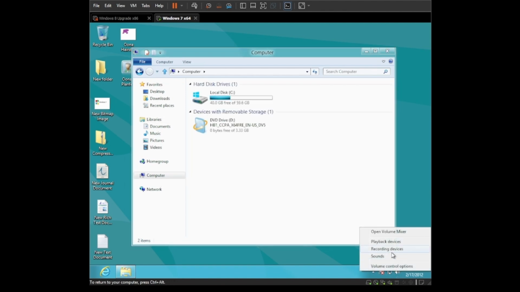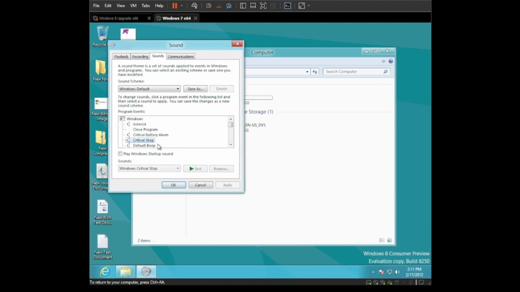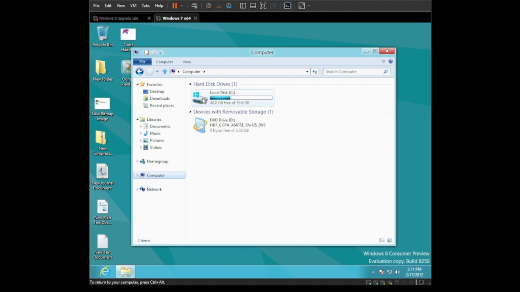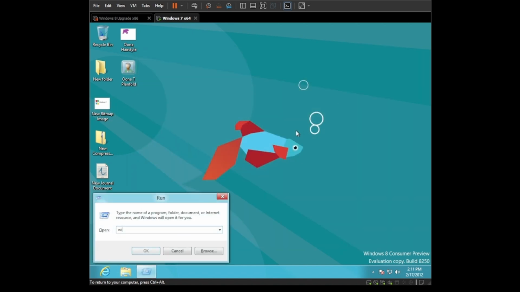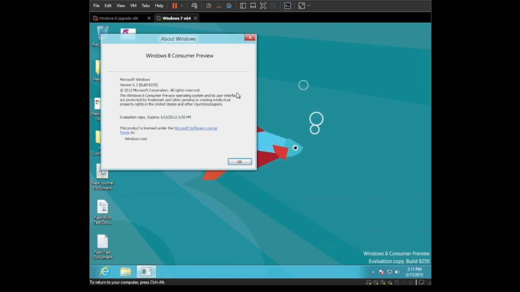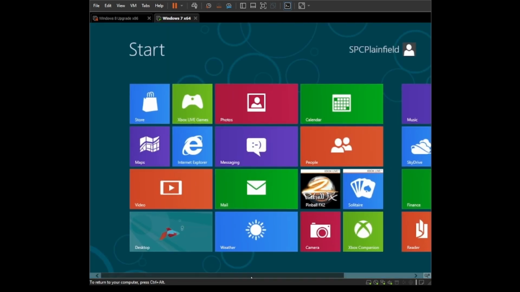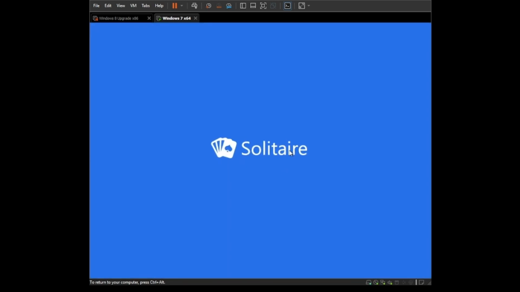And I believe the sounds in this build are still Windows 7, but we can actually start to see our first traces of the new Windows logo, which would replace the 2001 Windows flag that was introduced with XP. And we would see the same thing in WinVer 2, except it just says Windows 8 Consumer Preview. And then when we go back to the start screen here,